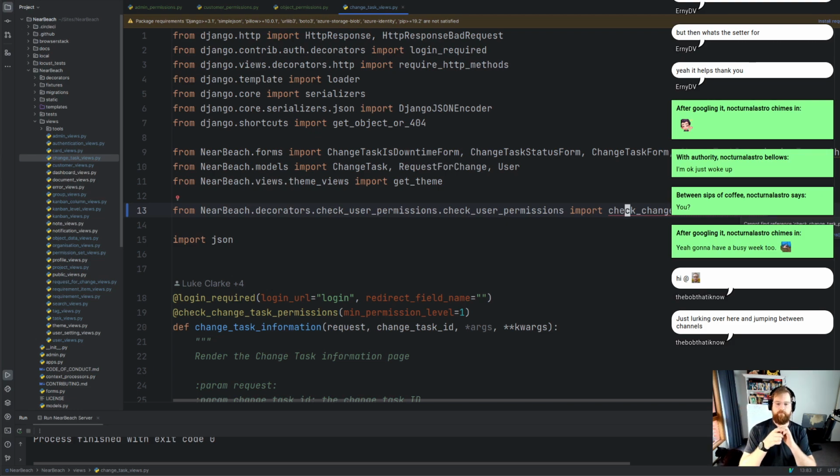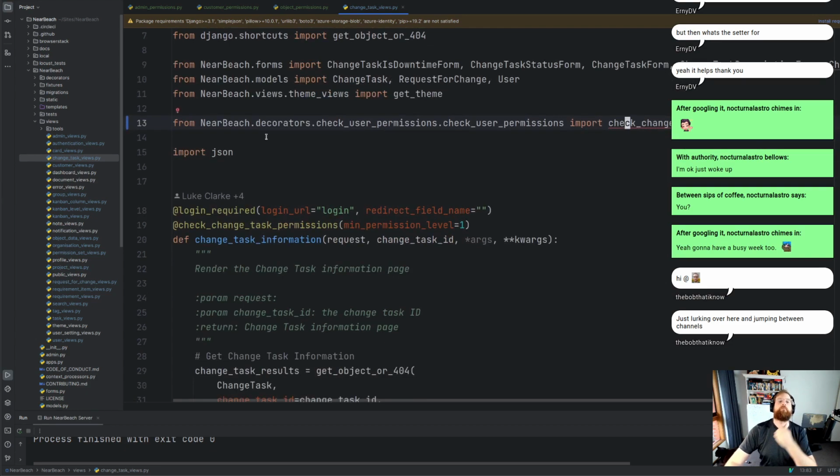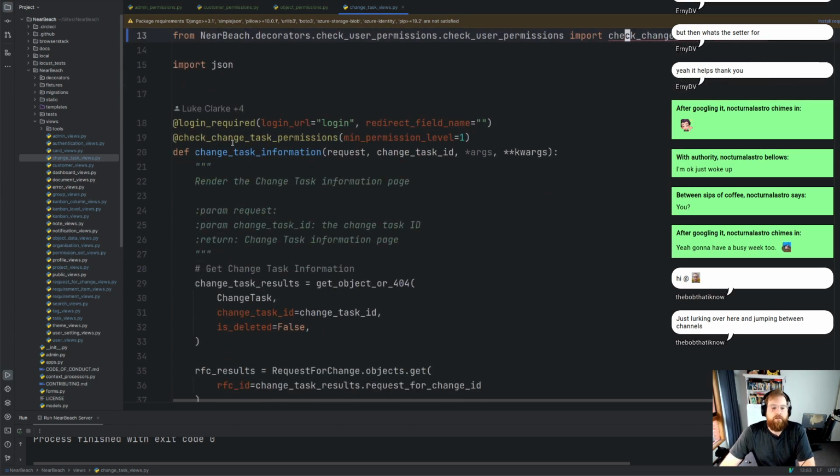Check change task permissions. All right, so that will be passing through the change task ID and any kwargs. This is where we'll need